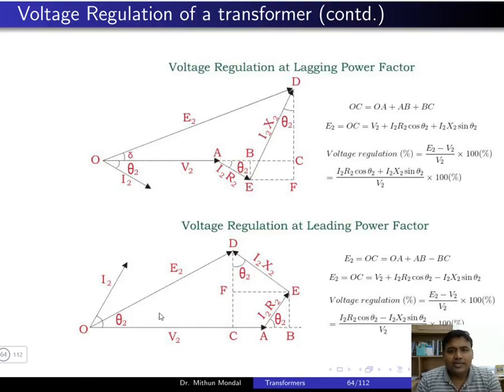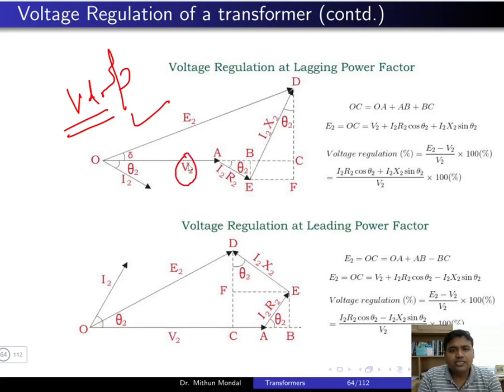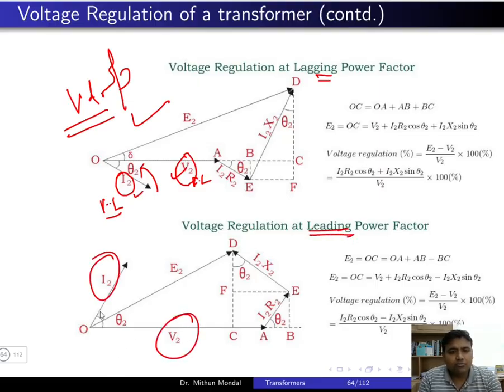We have already discussed this vector diagram when we calculated the voltage drop of the machine. So same thing here also, we are just taking a revision of that. Here you have the voltage at the full load condition and the current drawn under the full load condition. Theta 2 is basically the load power factor angle. If the load is lagging in nature, you can see that the current is lagging the voltage by an angle theta. Whereas if the load is leading in nature, the current is leading the voltage by an angle of theta.